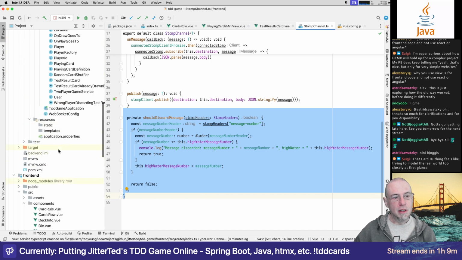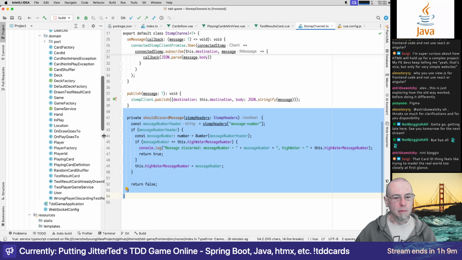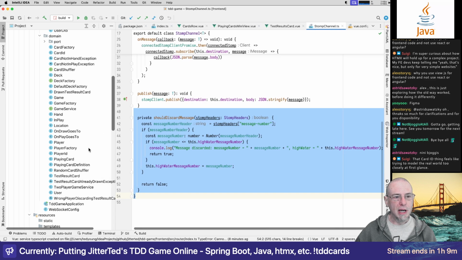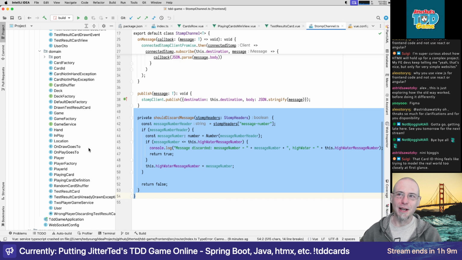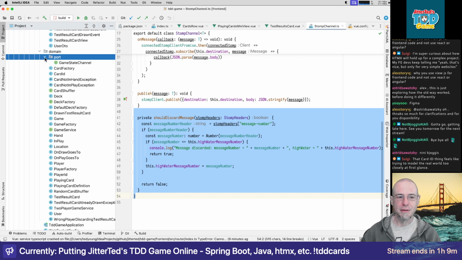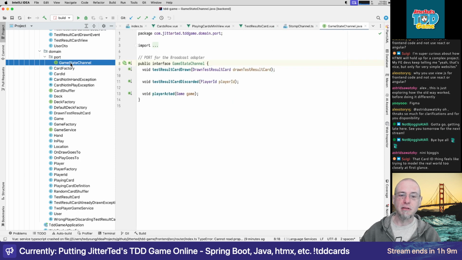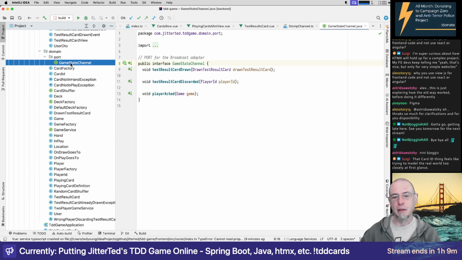So let's take a look at the back end. Right off the bat, you can tell this is older style thinking about Hexagonal, because I don't have an application layer. I just have my domain layer with a bunch of ports. The only port I have is the game state channel, and this is the thing that communicates information over the WebSocket. So this is the broadcast adapter,